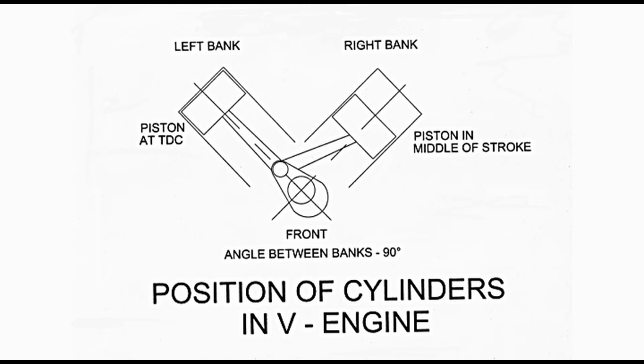As already mentioned, firing is to occur uniformly at 120 degree intervals of crankshaft rotation. To achieve this, the crank pin is in two splits. Each split of the crank pin holds the big end of a connecting rod. These splits in the crank pin are offset by 30 degrees to achieve a 120 degree interval between two firings.